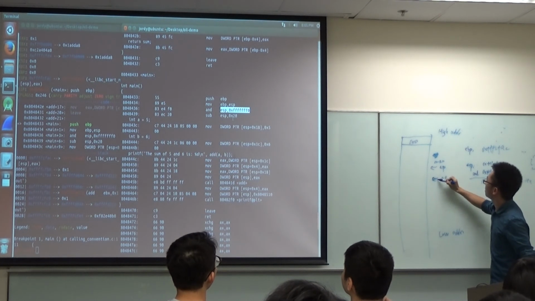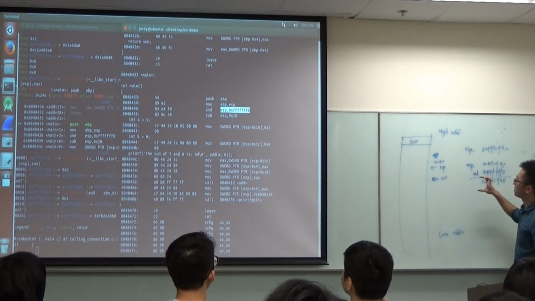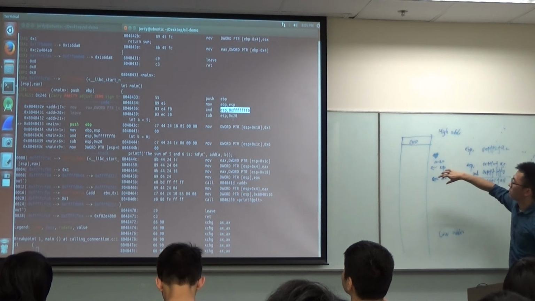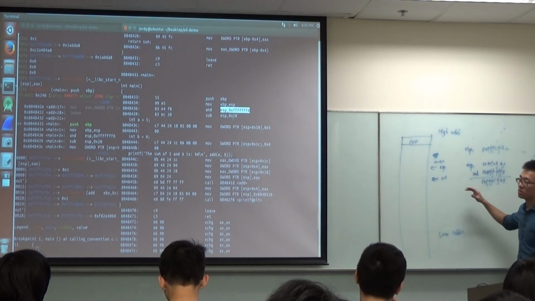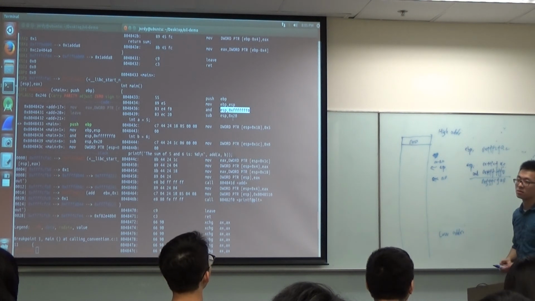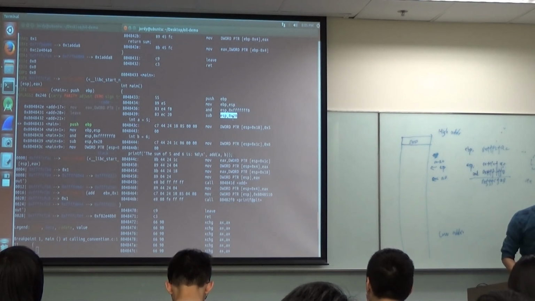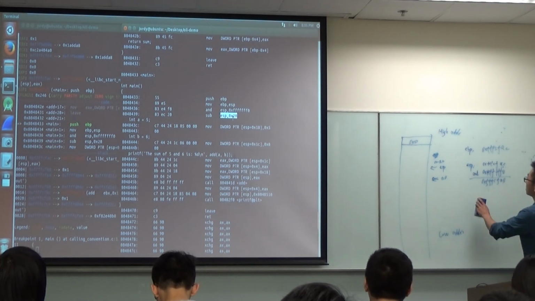Okay, and the CPU will fetch every 16 bytes or 4 bytes in the memory. So this is just to align this to every 16 bytes. And then we subtract ESP with the